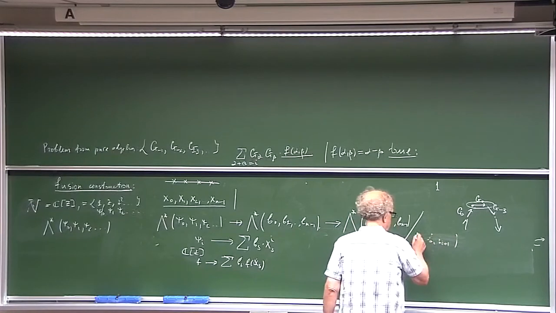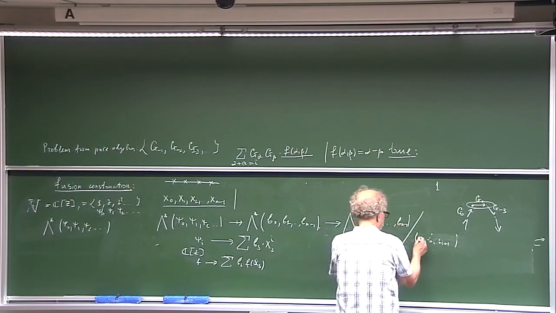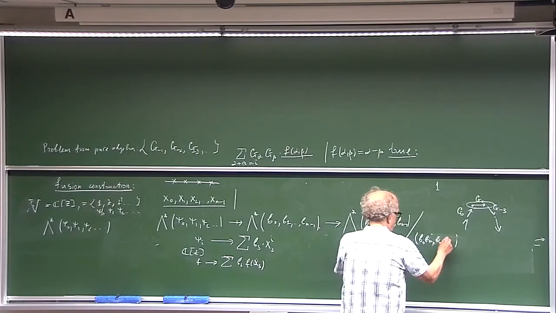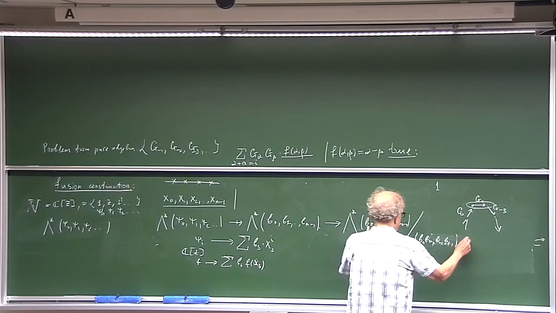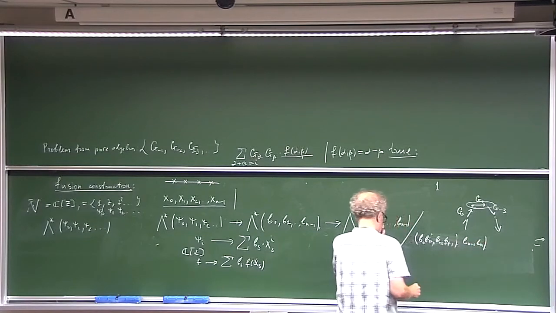So it means that I factorize it by quadratic monomials, by 0 by 1, by 1 by 2, and so on, by n minus 1 by n. And so,